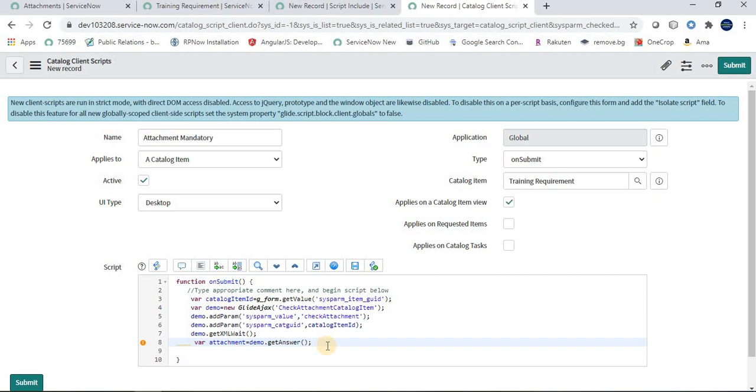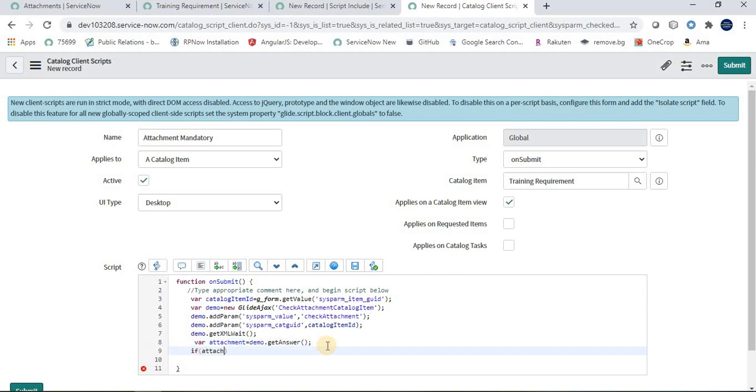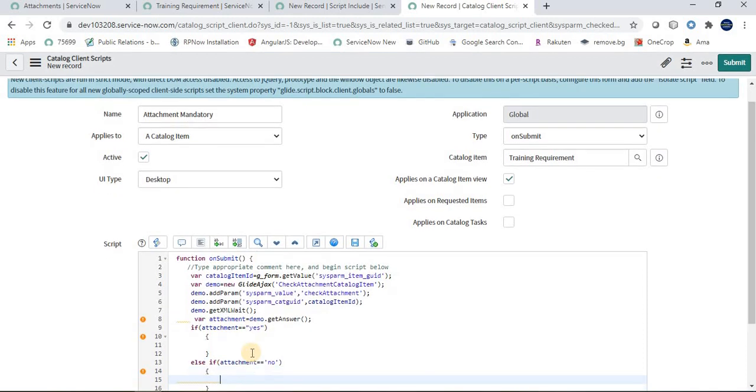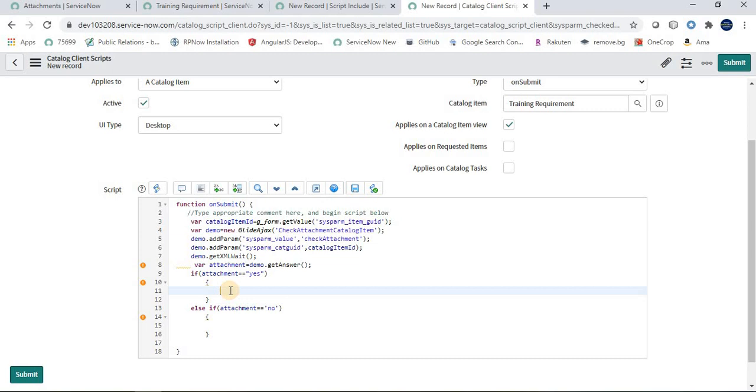Now I am saying if attachment equals yes, because the value which will be returned over here could be yes or no. So I am saying if yes, then okay, else attachment equals no, then okay. So if there is an attachment, then allow us to submit the record, right?